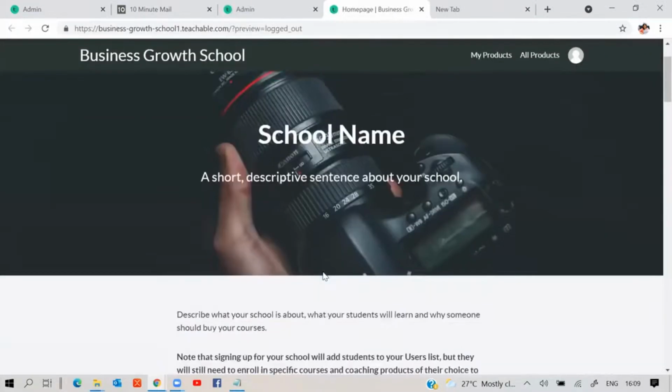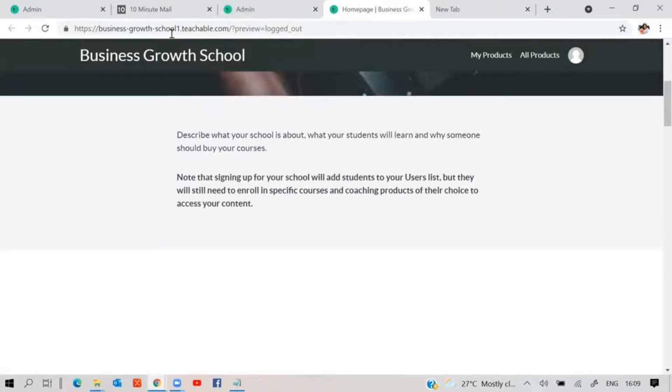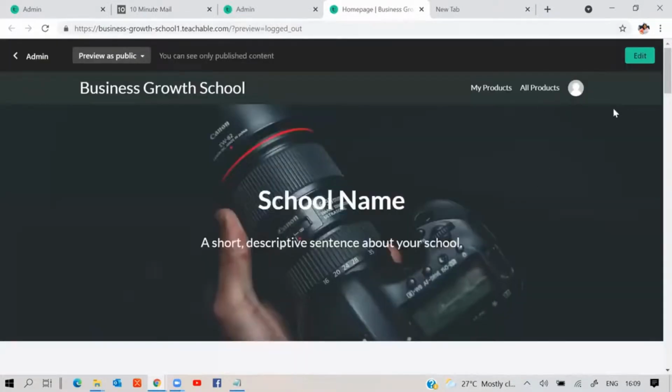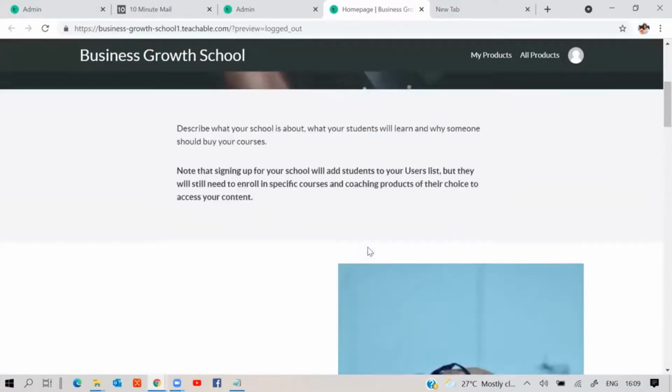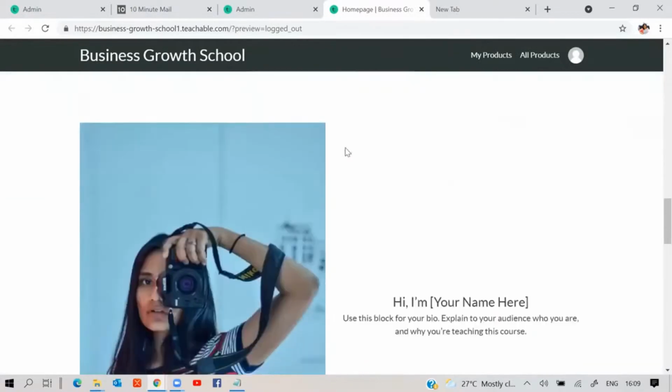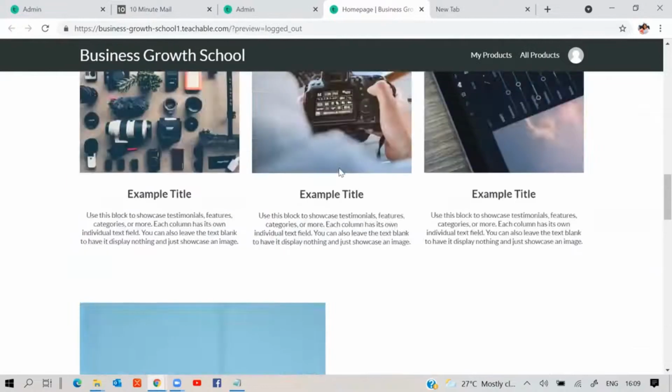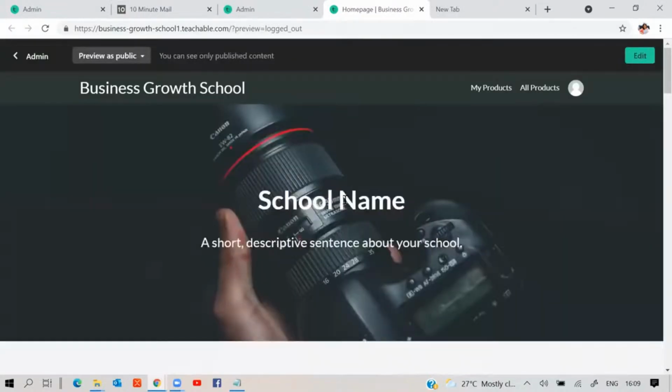You can see how it looks. This is how my school is going to look. This is the font size. This is the school name, and some things it has shown by default here. If I put my picture, it will be visible here. Whatever description we write, it will keep on showing here. It is actually creating a nice website kind of feel for your learning management system. So if you come on a learning management system, you don't need a website also. If this page is done very well for you, this is as good as your membership site.